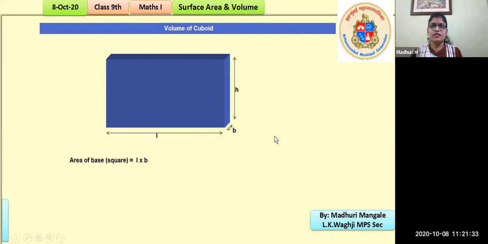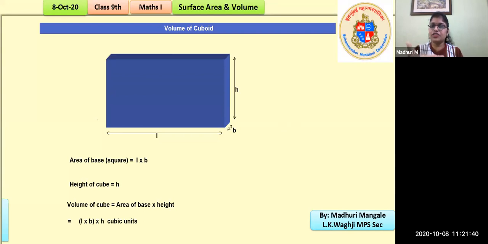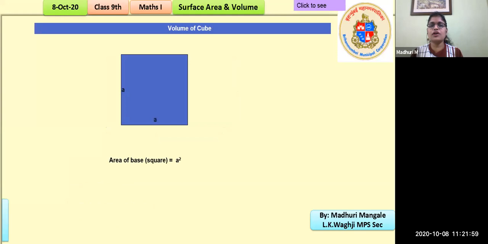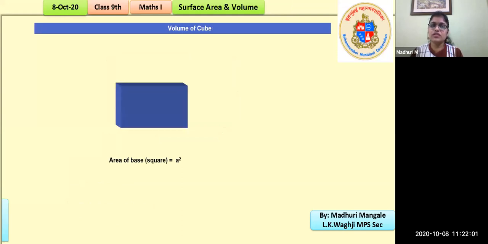You see, that is how we multiply by height, and a simple rectangle forms a 3D shape, that is a cuboid. Right, students? So that's how we get the volume, that is area of base times height. Now it can be a cube or a cuboid, both of them work the same. The area of the base times the height will give us the volume of a cube or a cuboid.